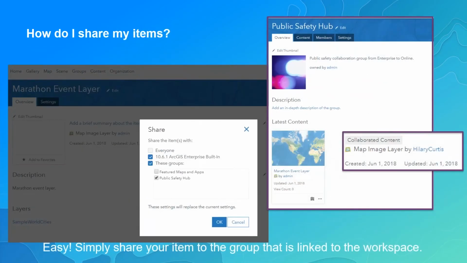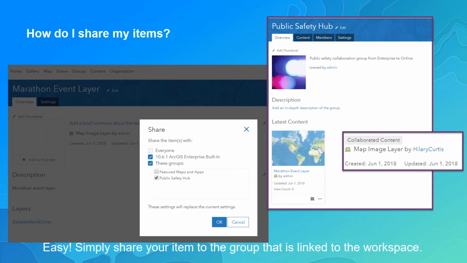So once you've created that collaboration and it's been accepted, from that point, sharing is no different than sharing within your own organization today. You just create an item and you share it to the group, and that group is linked to the workspace. And so from a collaborator's point of view, it doesn't look any different. In a collaboration, again, this is a key distinction between ArcGIS Online group sharing and a distributed collaboration. In a distributed collaboration, you're accessing items and content from within your own organization, and it just looks like another group. And that group happens to be linked to the workspace.